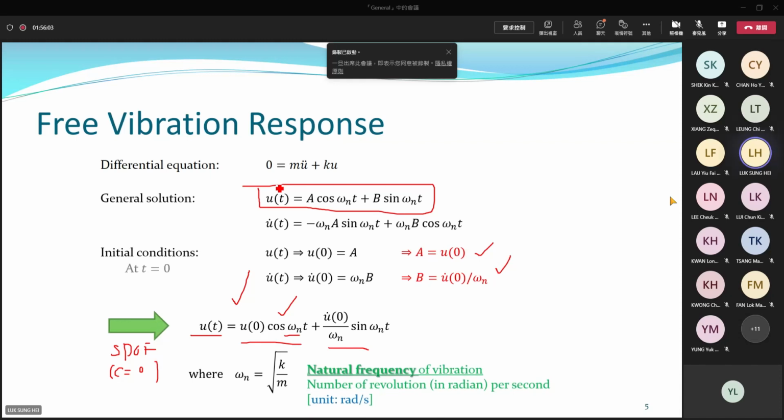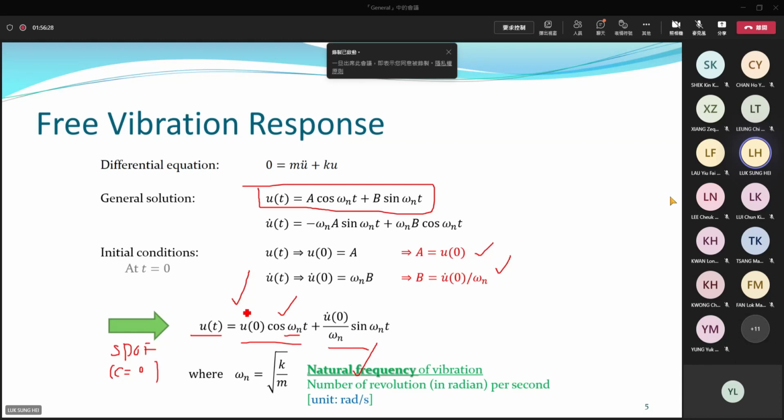Omega n is one very important property. Please remember this term, natural frequency. How to calculate natural frequency? This term depends on only two parameters: the system stiffness K and the total mass of the system M. Take K over M, and then take the square root. We call it natural frequency